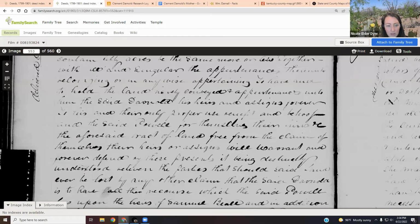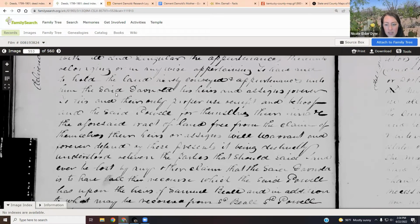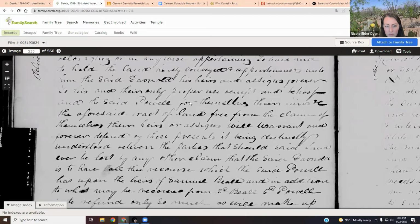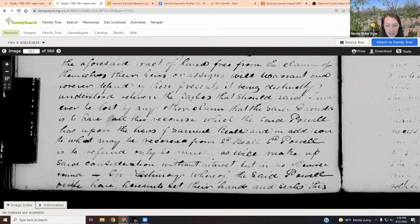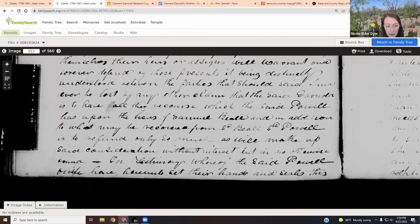any wise appertaining to have and to hold the land hereby conveyed, and appurtenances unto him the said Darnold, his heirs and assigns forever, to his and their only proper use, receipt, and behoof, and said Powell for themselves, their heirs and aforesaid tract of land, from the claim of themselves, their heirs and assigns, will warrant and forever defend by these presents, it being something eventually understood between the parties that should said land ever be lost by any other claim, that the said Darnold is to have all the recourse which the said Powell has upon the